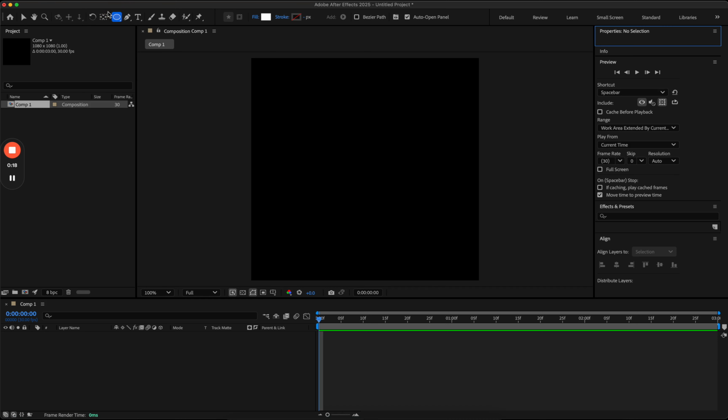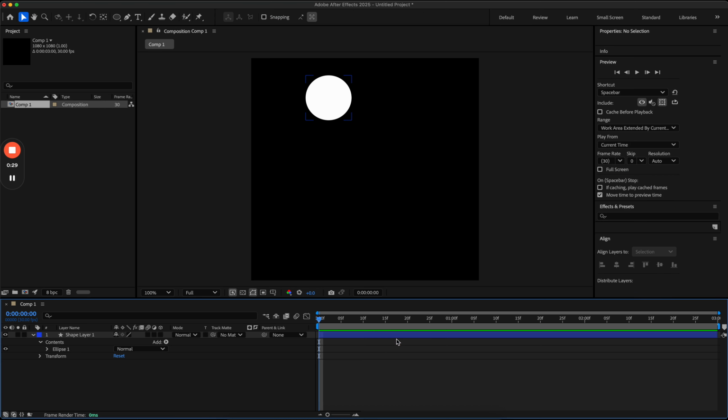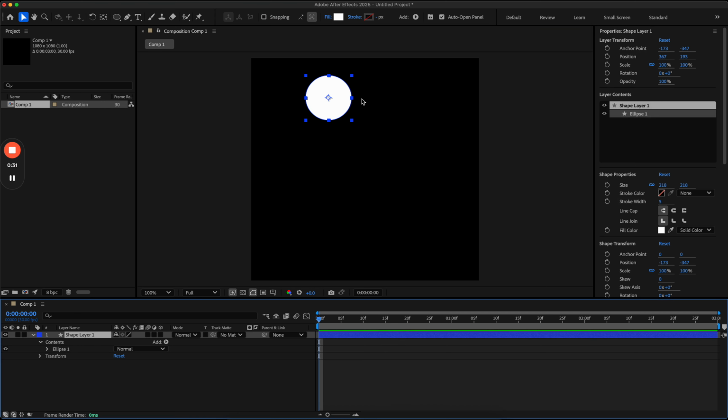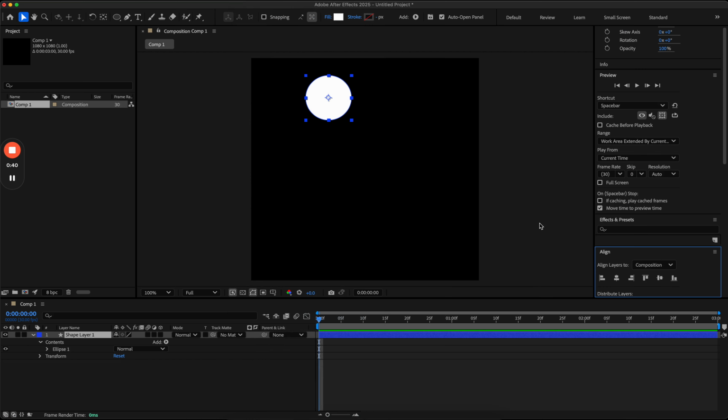Up here, press on the circle and click and hold with Shift. I'm gonna go here, make a circle, and then deselect this. And let's say I want this to be aligned horizontally. I can go up to Window, go to Align, and go here to Align Horizontally and make this